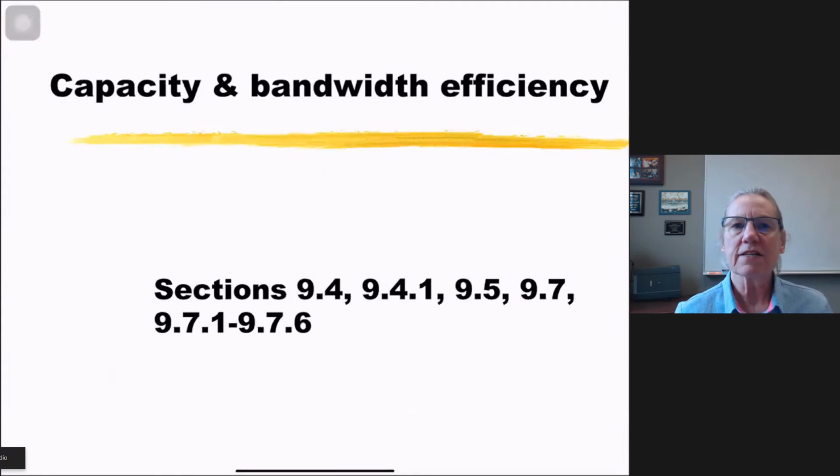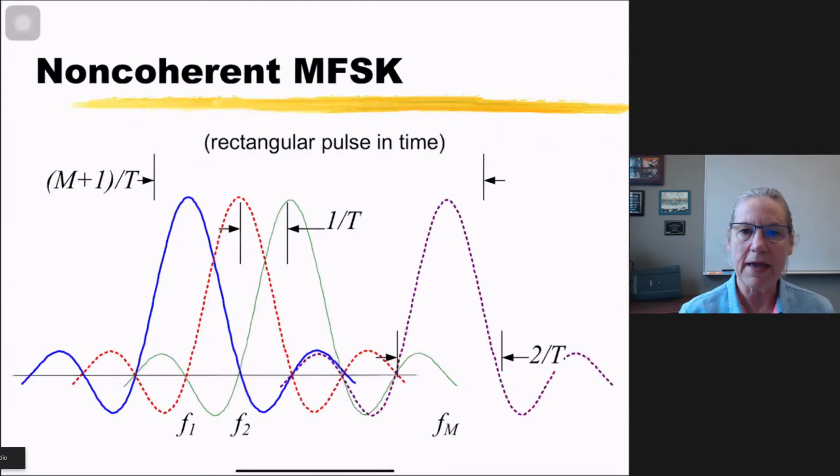So as I do the extension to the M-ary case, this will be covered in different sections in the book, in Chapter 9 in particular, where we start talking more explicitly about bandwidth efficiency and indeed about capacity. And that will be the subject of the next lecture. Now we're going to concentrate on that bandwidth efficiency. So let's take this